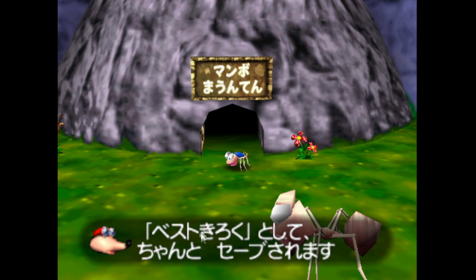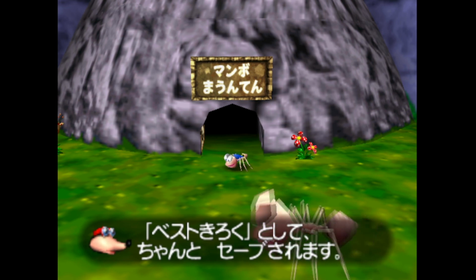Besto kiroku. Kiroku is a record, and besto just means best, doesn't it? So a best record, or a high score, I guess. A best record. Toshite means like as, basically. So as a best record, the 100 that you gathered, saved, sareru. Sareru is the passive form of suru, so it's sort of like will be saved. And chanto just kind of means like securely, properly, that sort of thing. So they will properly be saved as a best record, the 100 that you gathered.